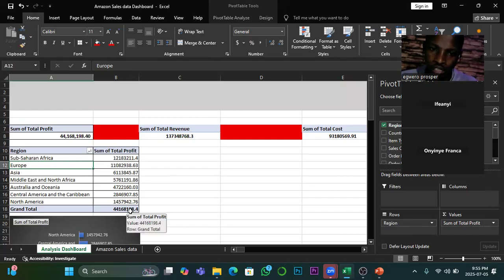Which means you can see that this value is equal to this, which automatically means that inside this value, Sub-Sahara has this. Inside this value, Europe has this. That is what you have just analyzed. Okay, so I want to also detail this. I want to answer another categorical analysis that will break this down. That is, the question is,